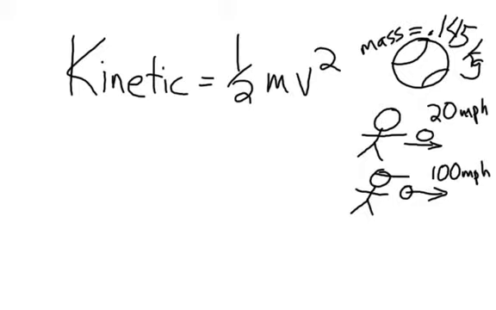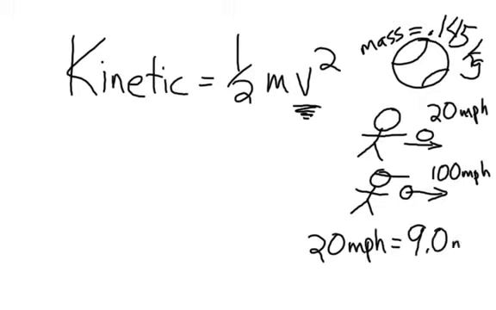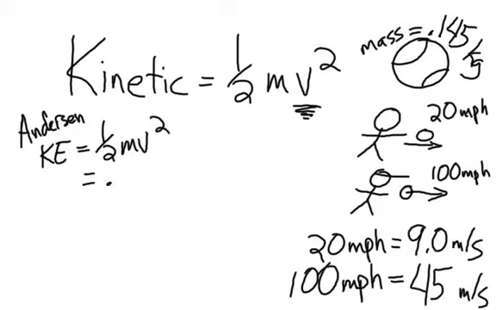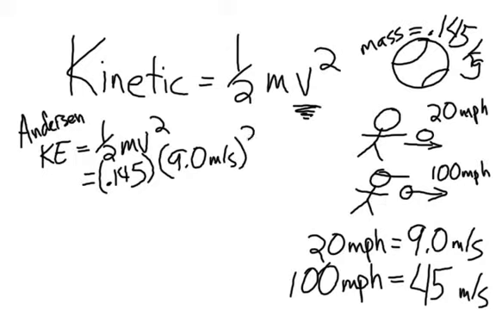And since we're doing kinetic energy, the only other value that we need is the speed. If you throw a 20-mile-an-hour pitch, that's roughly 9.0 meters per second. Remember, on all these, we always have to convert it to meters, or meters per second, if it's a velocity. A 100-mile-an-hour pitch, then, is roughly 45 meters per second. First of all, let's figure out how much kinetic energy my pitch would have, a 20-mile-an-hour pitch. We use the equation 1/2 mv squared, where m is 0.145 kilograms and v is 9.0 meters per second. We then take that times a half and square the velocity, and I get, using significant digits, 5.9 joules of